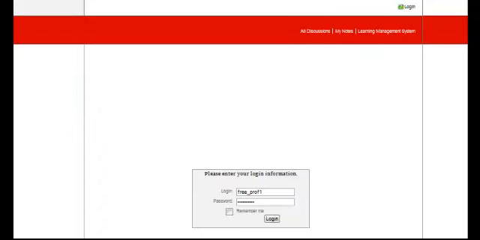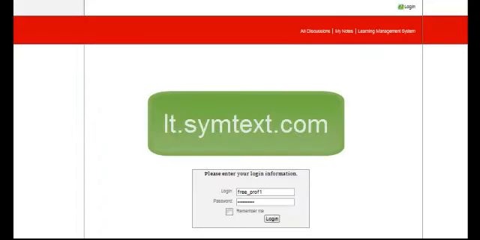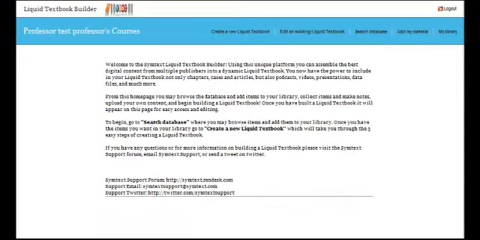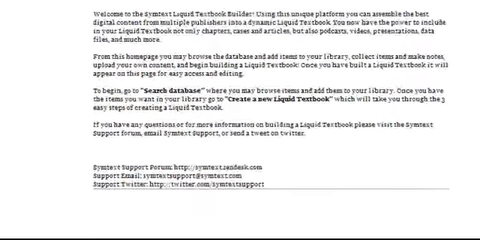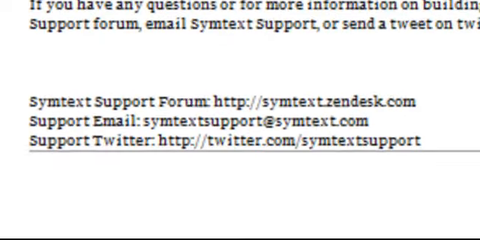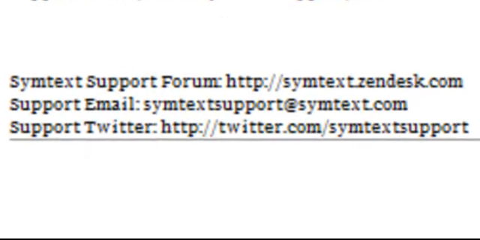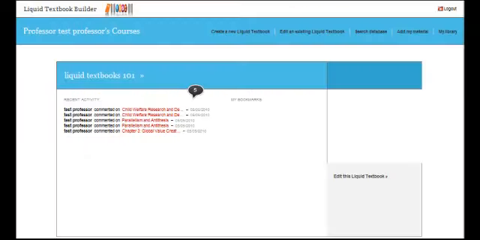Let's get started. To log in, go to lt.symtext.com, enter your login and password, and click Login. This is the Liquid Textbook Builder and your My Courses homepage. Here you will be greeted with some instructions on how to get started, as well as important information about Symtext support. As you begin using the Liquid Textbook Builder, the liquid textbooks you create will appear on your My Courses